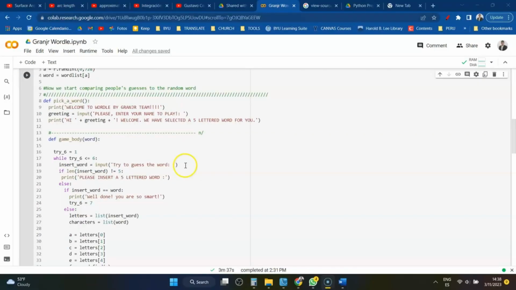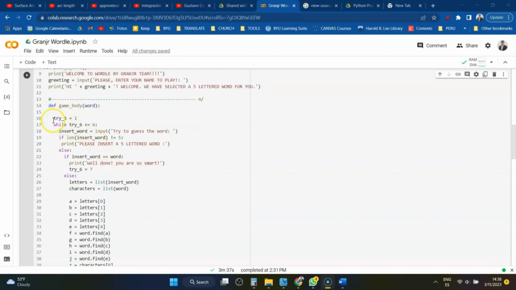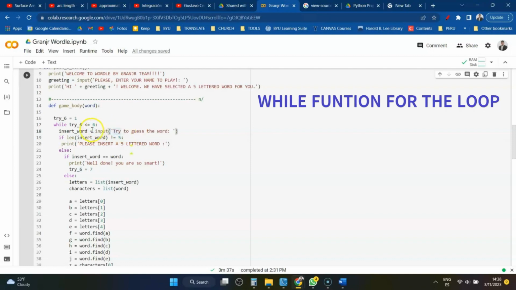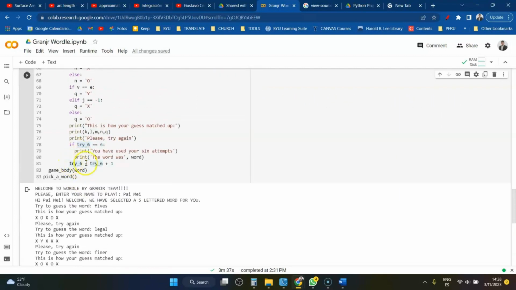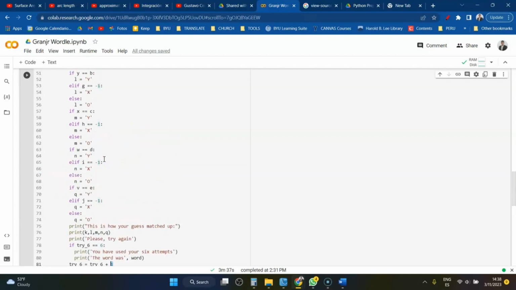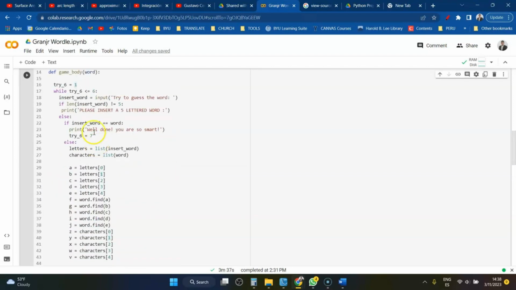Alright, so in the game, it is required to have only 6 attempts, so we're going to use the command while to create a loop under 6 attempts, right? So we're creating this variable try 6 and saying that it will be equal to or less than 6, and also we are printing that this while loop is going to increase one by one, for each number. Then